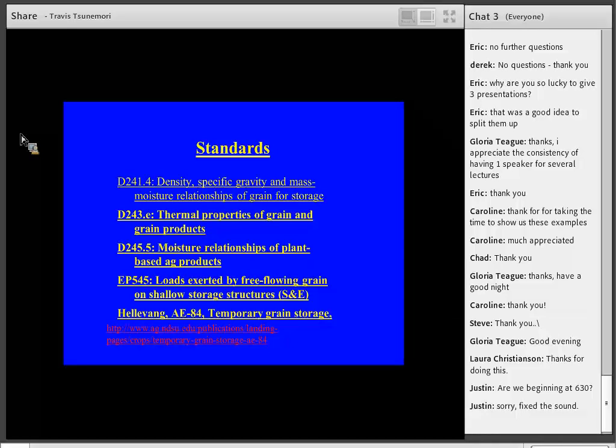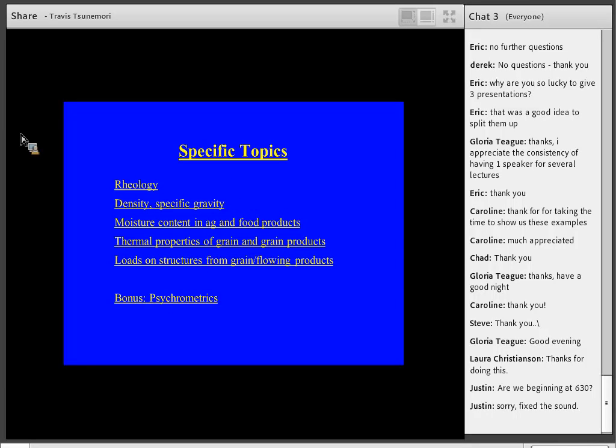EP545, loads. So if you have grain in shallow storage structures, how much force will they put on the walls? And then Hellevang, temporary grain storage, that also has to do with grain and the forces that provides. So these are, again, some suggestions for areas that you can study or use as references. We're going to talk about a number of topics, and then we're going to try to get into some specific